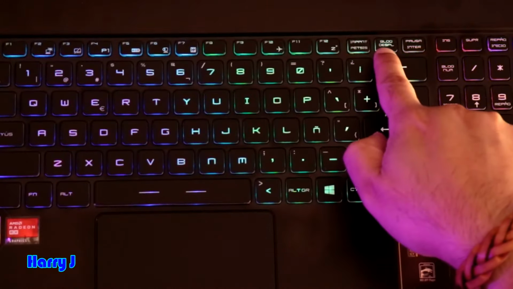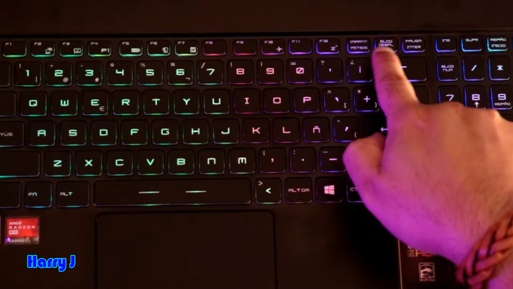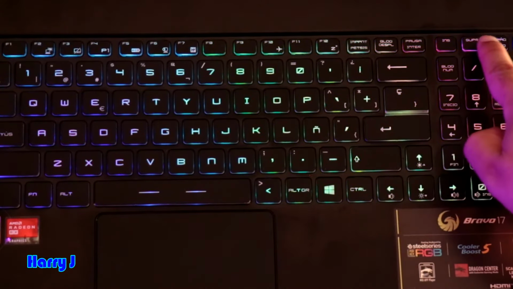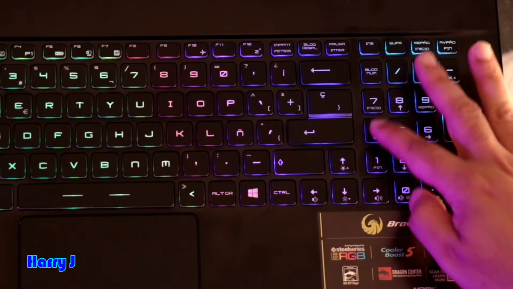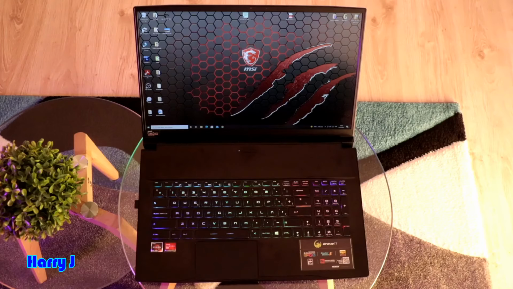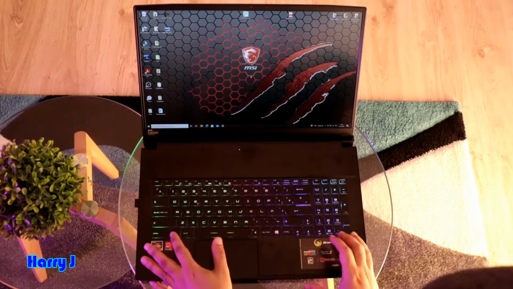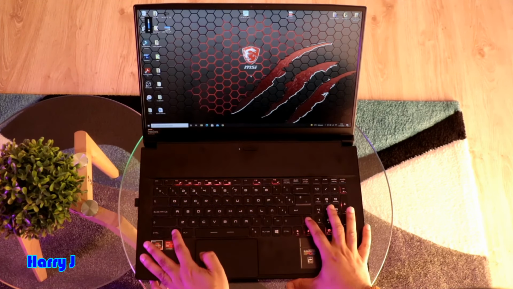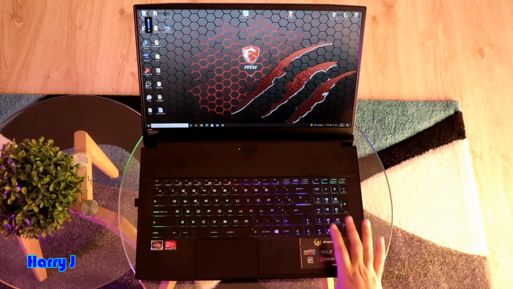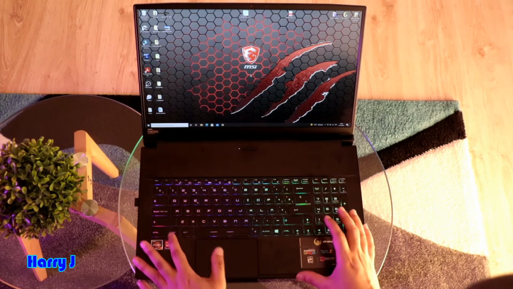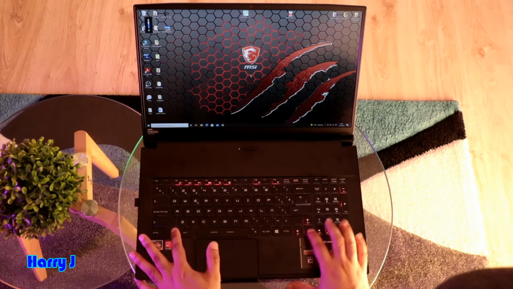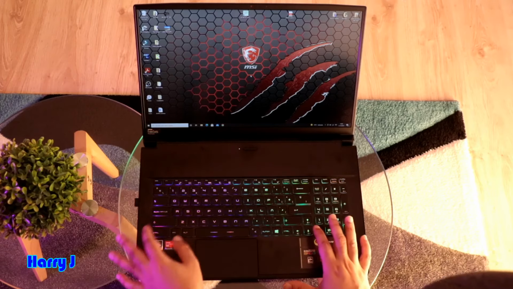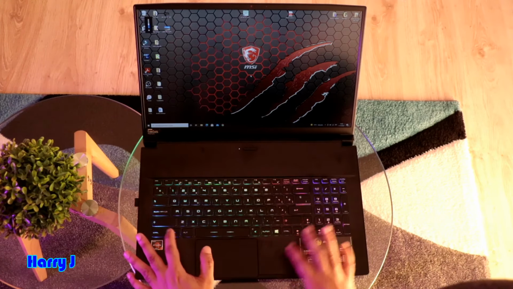After that the block key, I hit this one, nothing happened. The pause, this is the delete key. You have number keys here. Let me do something. For example, function key here, you see brightness up and down. You see how I increase the brightness, and with the function key I can use the brightness down. So with these arrows you can do that. Some computers have it here. So in this one you have another location.